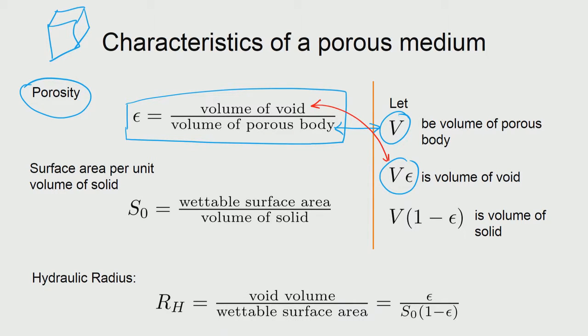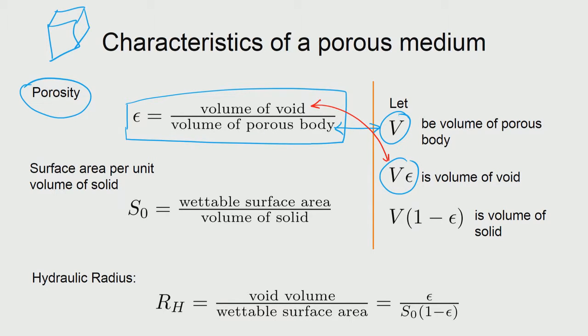Now it is possible to have porous bodies which have the same porosity, but they may be made of particles of different diameter. In such situations, a body which is made of particles of a smaller diameter would have a more tortuous path for the fluid to go through, which also means that the surface area that is exposed will be more. So it is possible to have the same porosity but different particle diameter internally, that would actually give you more surface area.